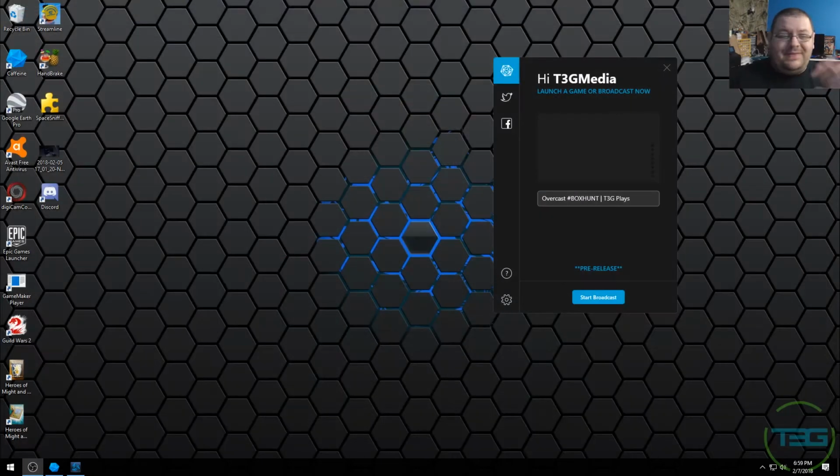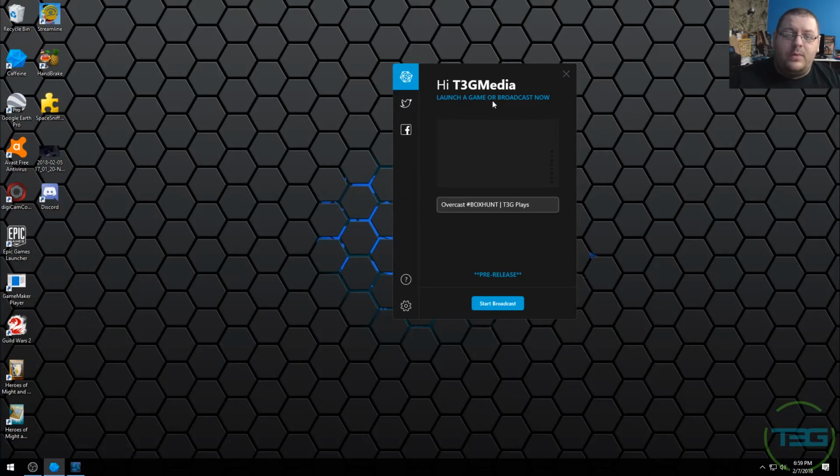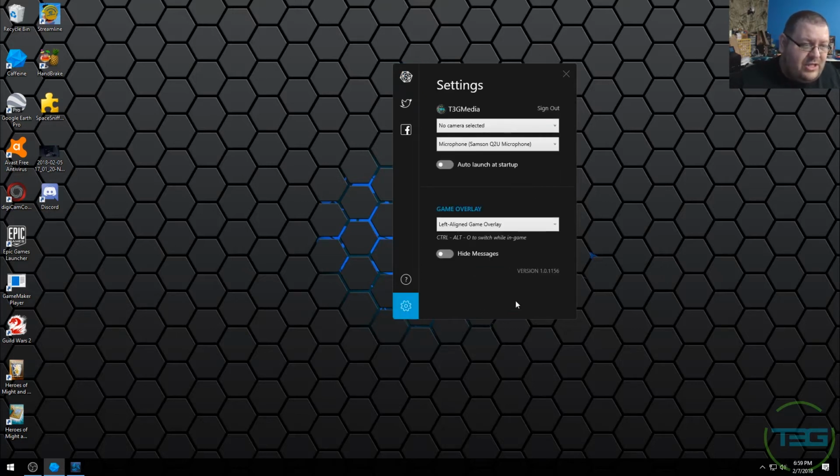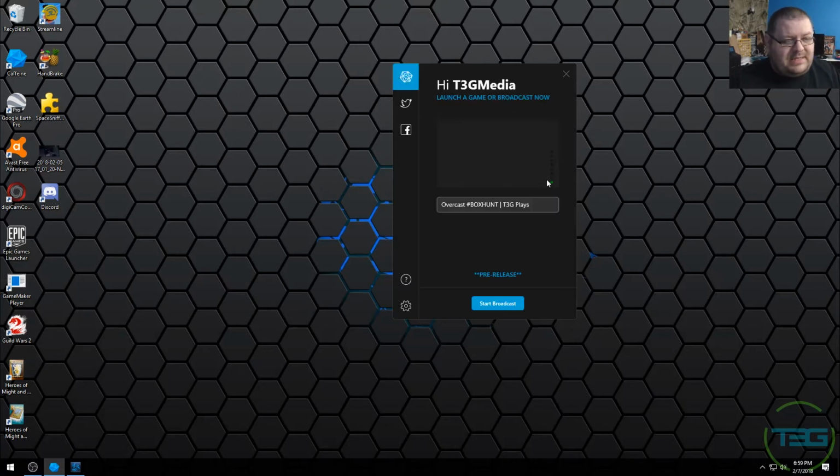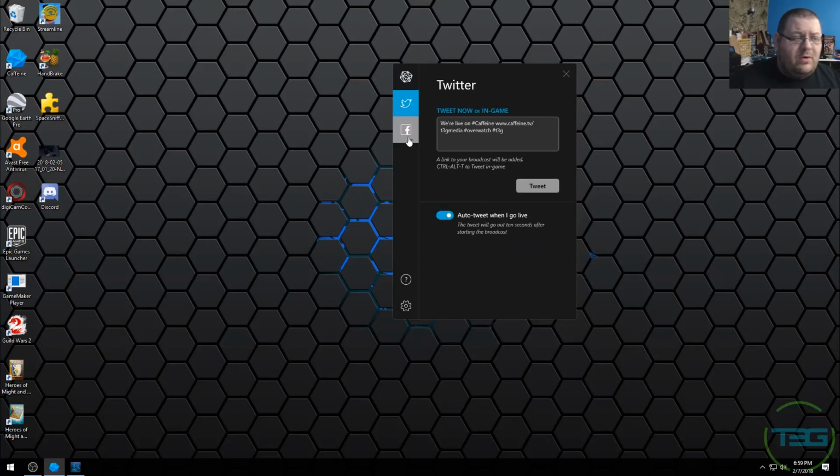So now I want to show off the app itself. I'm using the camera obviously for the recording, so it's not there, but this is normally where the camera would be. You see your mic volume, and that is not changeable. Off the bat, there is no way to change the mic volume. If I change the camera selection, it might mess this up, so I'm going to leave that with no camera. And the mic is actually pass through. So I'm recording here with OBS, but you can obviously see that it's got pass through and senses the mic as well. We've got an option of connecting with your Twitter or Facebook account.